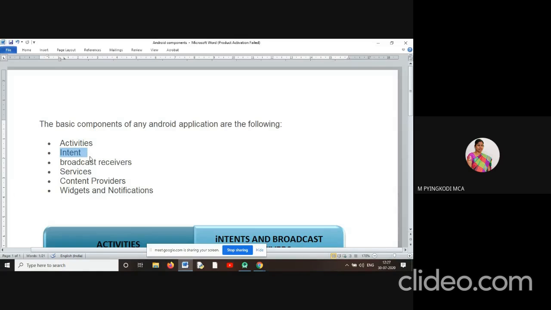So if a message comes to WhatsApp, this intent will intimate the broadcast receiver to notify the WhatsApp app that one message came from that person, so your WhatsApp is to be updated. Like that, it will give a message notification.